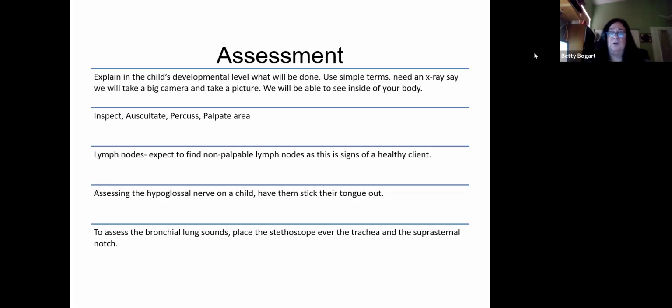In health assessment, you were taught how to do your assessment, right? Well, that's head to toe. Remember, children are never ever head to toe. It's when you can, and we'll discuss that more as we keep going. But one of the ways we can figure out the hypoglossal nerve in parts of the assessment is just having that child stick their tongue out. Even infants, you can sit there and they'll imitate you. You go like that, and the infant's going to try to stick their tongue out at you so you know